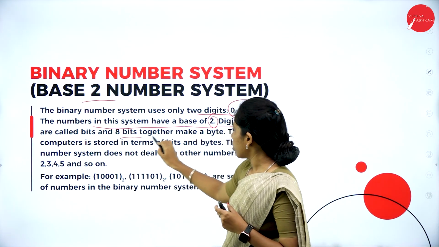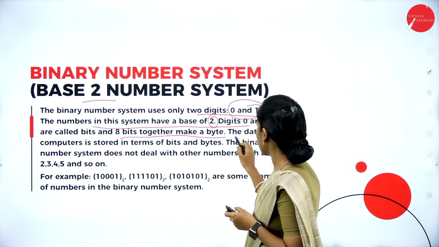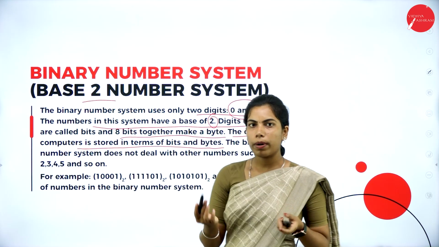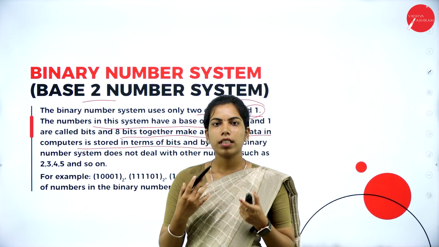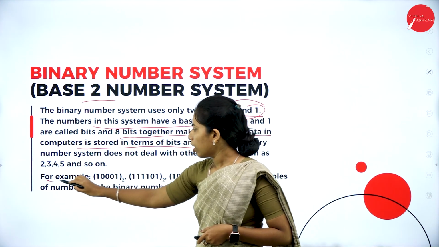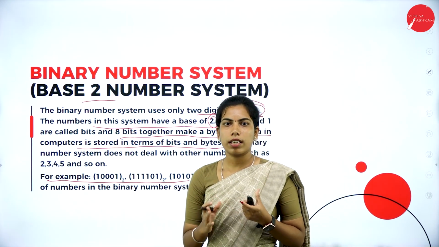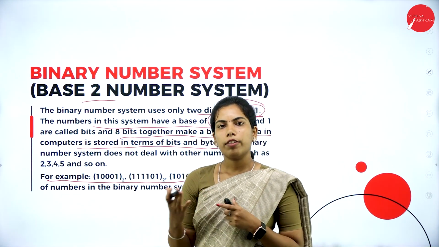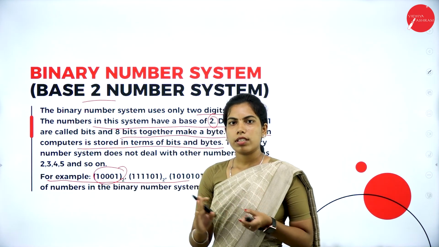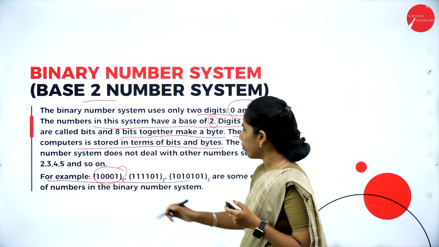8 bits together make a byte. So 8 bits is nothing but 1 byte, and the data in the computer is stored in terms of bits and bytes. The computer understands only zeros and ones, right? So here you can see examples of the binary system. It can contain only zeros and ones, not 2, 3, 4, 5 and so on. So if a number consists only of zeros and ones,